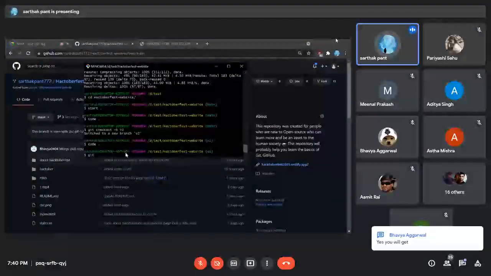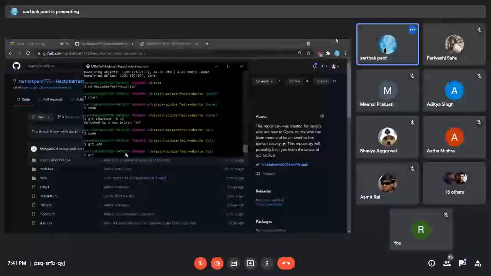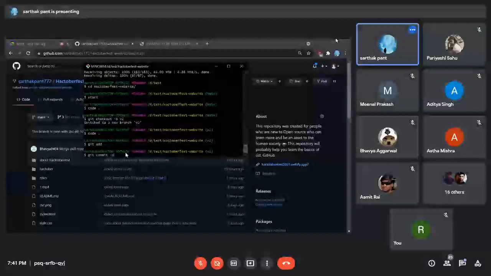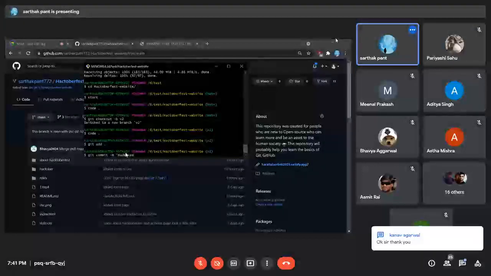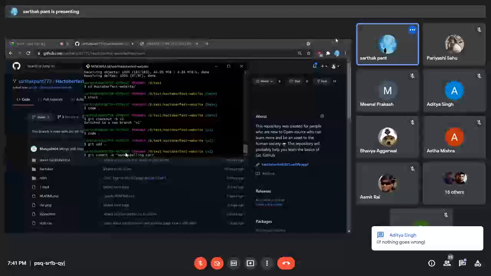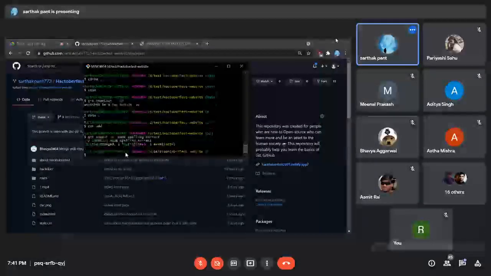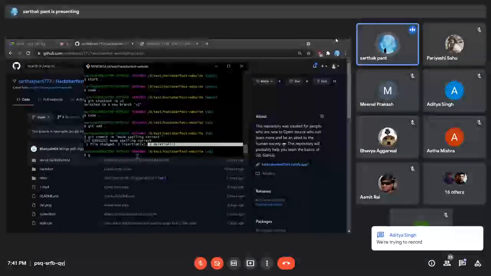Okay. So what I'm going to do, I'm going to do git add, git commit, and it is already saying that one file is inserted and one deletion is also there.